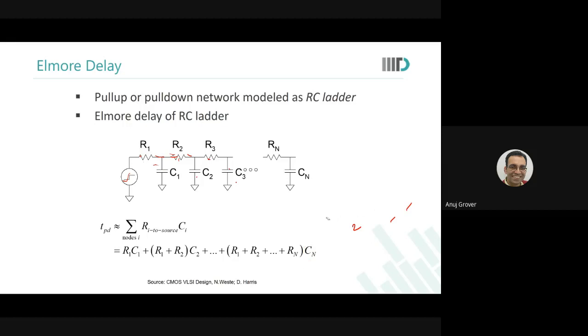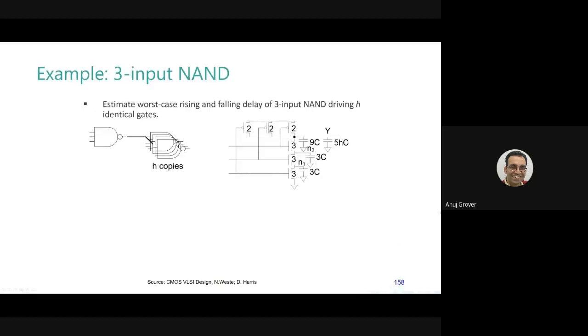Okay, now considering this to be my model for estimating delay of combinational logic, if we go to the same example of 3-input NAND gate, I assume that I have put H copies of the NAND gate at the output of my NAND gate also. So the input capacitance of the NAND gate, what did we find? 5C, right? So I have put 5H into C as an output load. Are you with me?